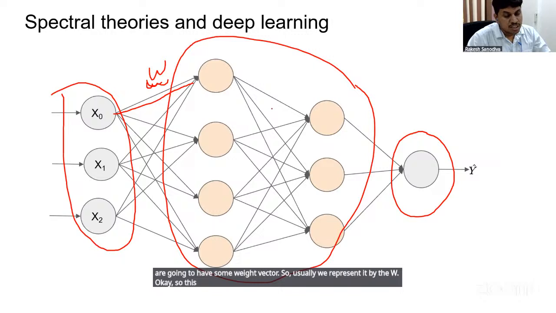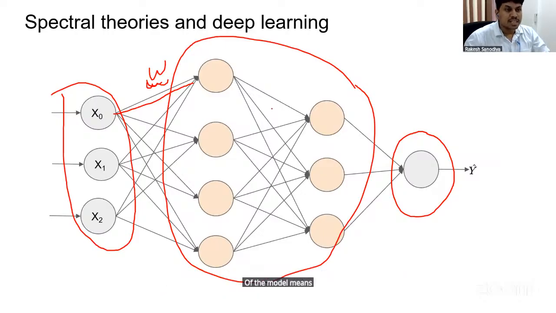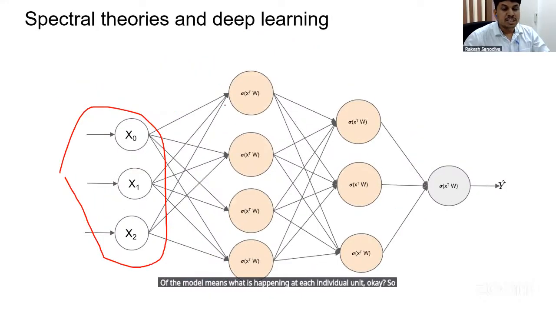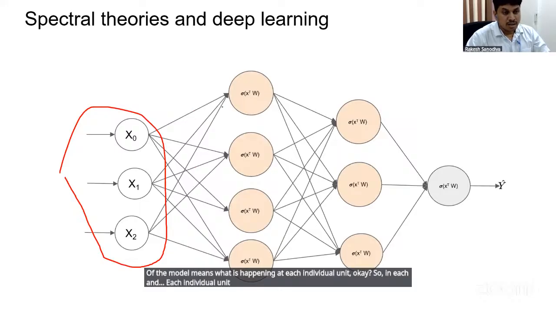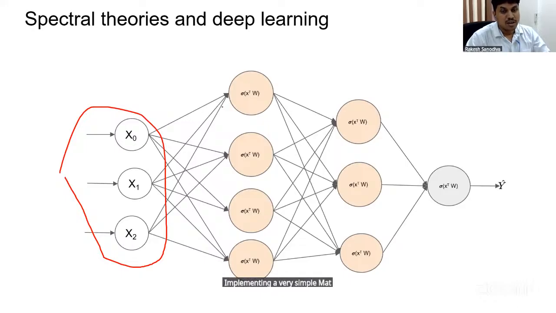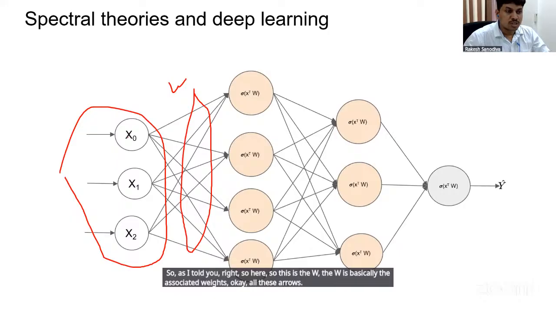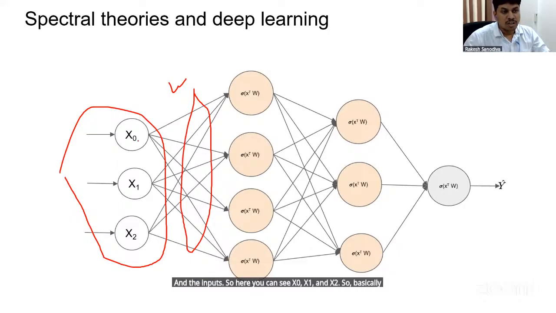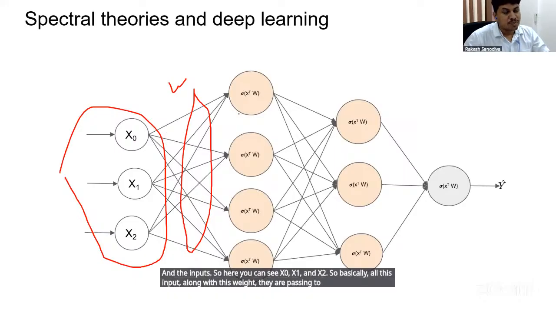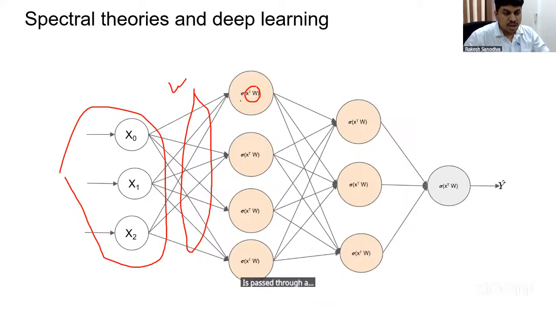This kind of illustration hides the simplicity of the model, meaning what is happening at each individual unit. Each individual unit implements a very simple mathematical operation, which is a dot product. W is the associated weights on all these arrows, and x0, x1 and x2 are the inputs. All these inputs along with the weights are passed to each unit. This neuron implements a dot product,